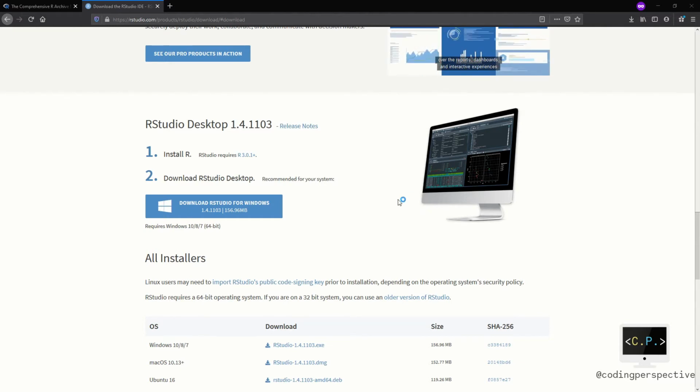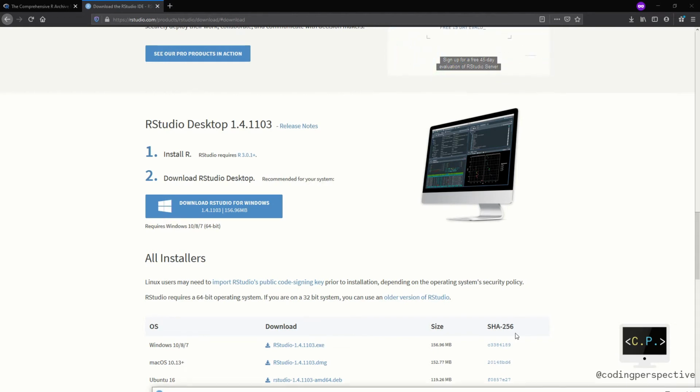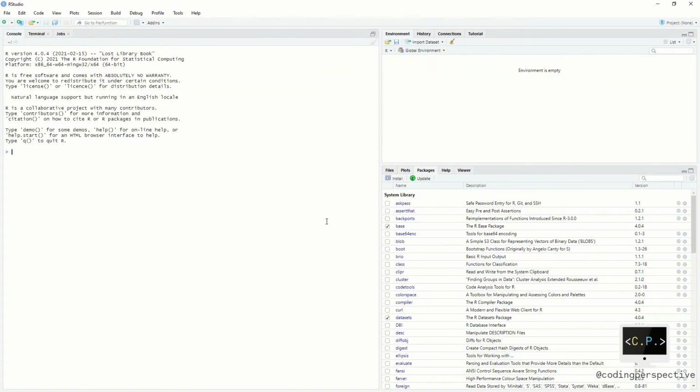When you click on RStudio, okay, it is opened on my other screen. Let me move it to here. All right. So you'll see RStudio on your screen. On the left, it is basically the R console. It is nothing different than the ordinary R console.